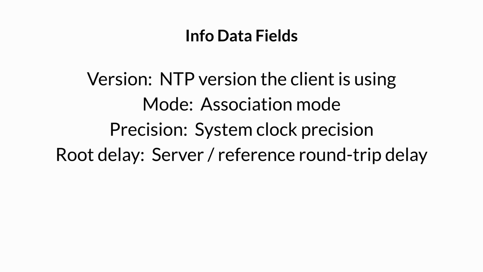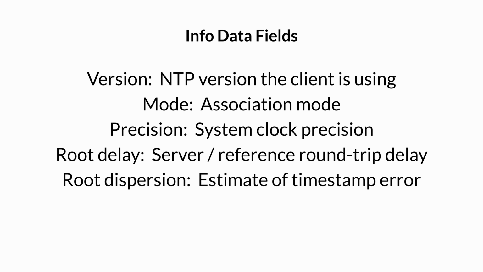The root delay is a measure of the total round-trip time between an NTP server and its reference source, and the root dispersion is an estimate of the timestamp error. These last 3 fields are useful in larger NTP setups as they can help an NTP client to choose between multiple NTP servers. Something to note here is that these 3 fields could actually change,